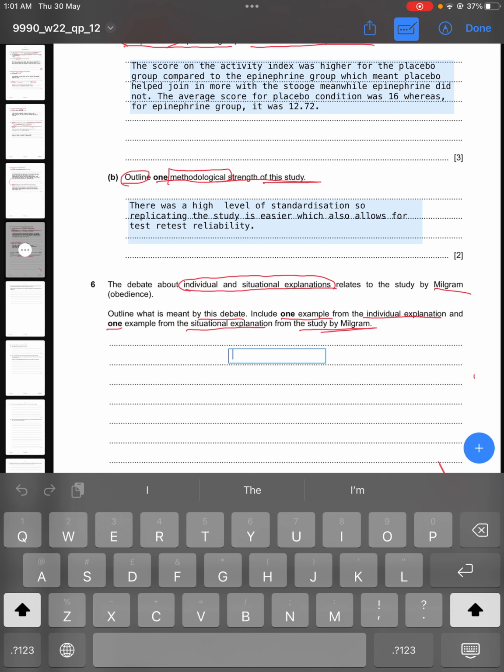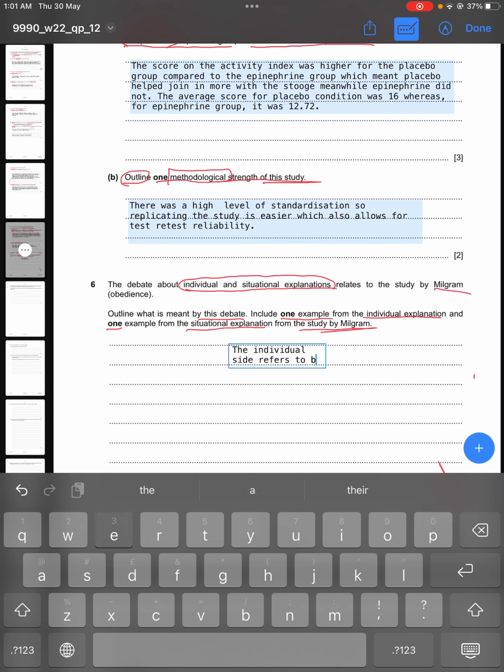And the question is for 4 marks, so you're going to get 2 marks per debate, like 1 mark for explaining what the individual side of the argument means, and 1 mark for giving an example for the individual side, and then the third mark will be for describing what is meant by the situational side of the argument, and the fourth mark is going to be for giving an example for the situational side of the argument from the study. So let's say I write the individual